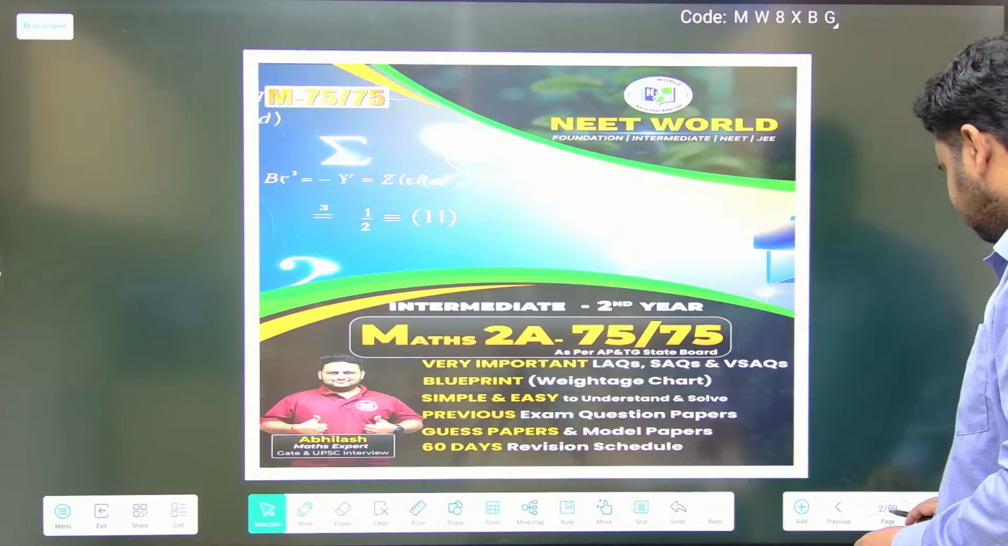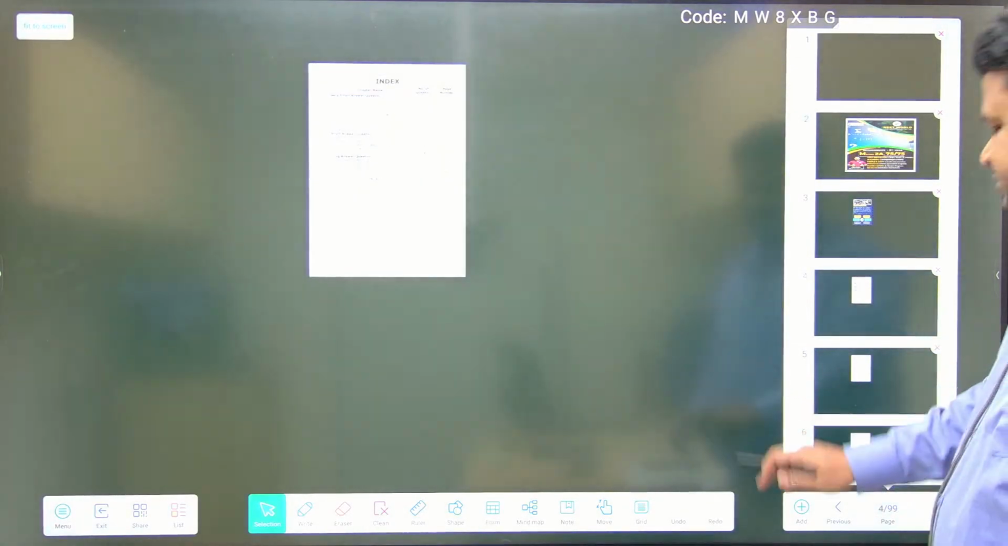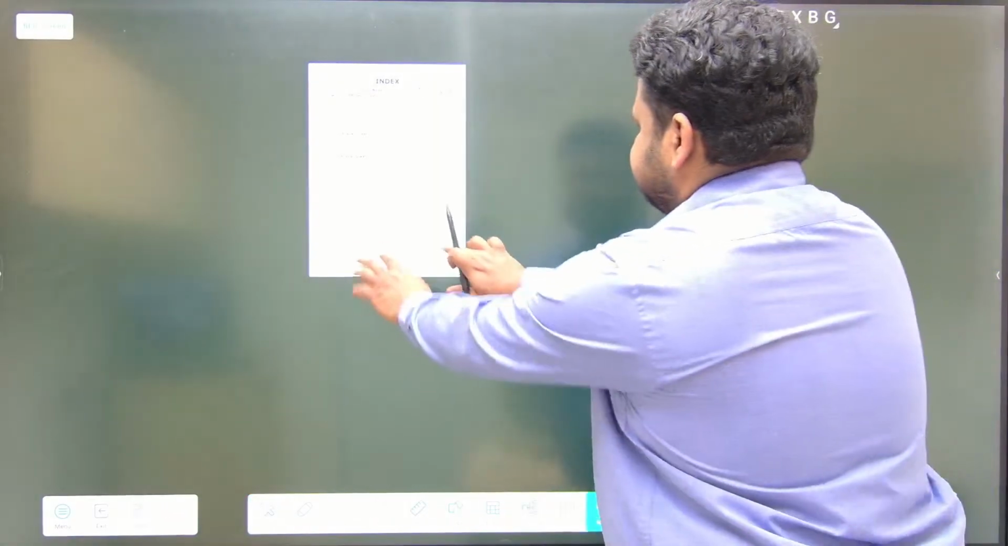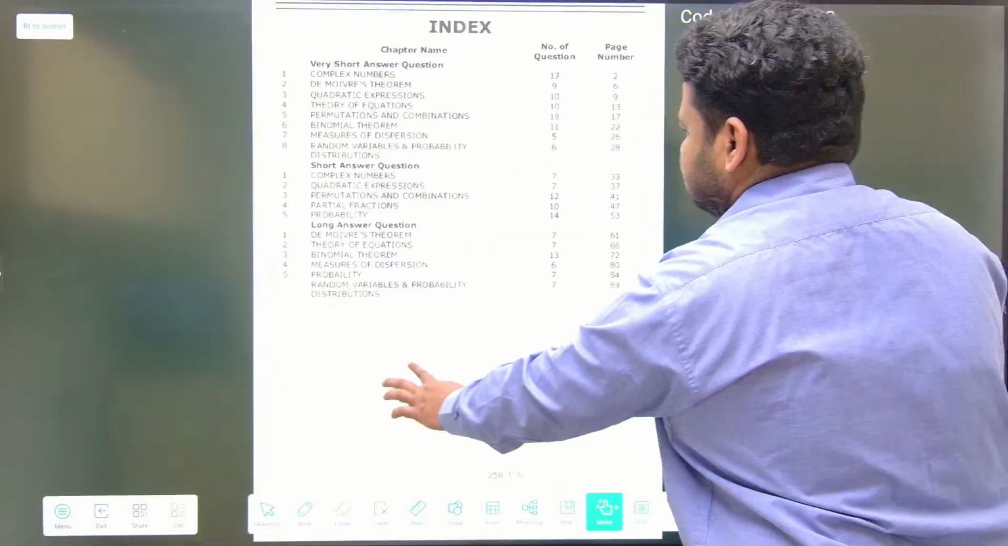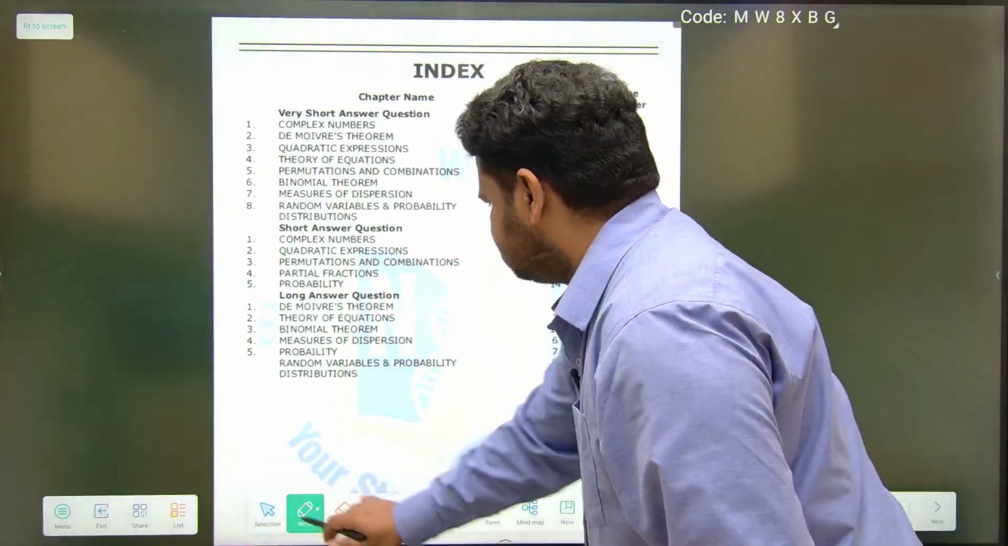So this is our book. We have already told you how to download this copy. Now if you see this, let me zoom it. I hope it is visible to all of you. So in this chapter, if you see